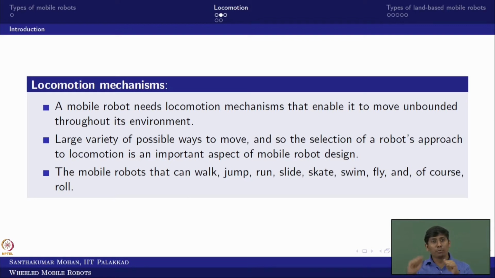Now imagine I put two bent legs with a spring, so it is a leg with a wheel but also a spring. When it hits a block, the spring will make a hopping motion. So you can see that there are several ways to do this. One is supposed to know the best way and where it suits. In that sense, you need to understand the locomotion mechanism and select the appropriate mechanism for a particular need. The mobile robot can walk, jump, run, slide, whatever mobility we get in nature.